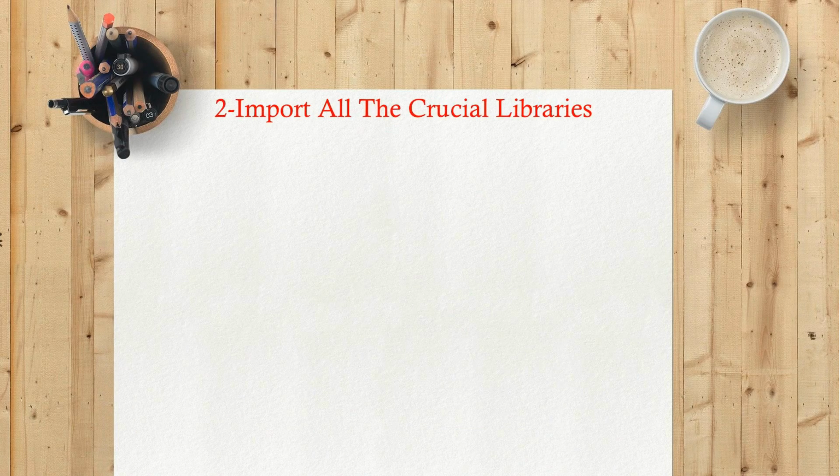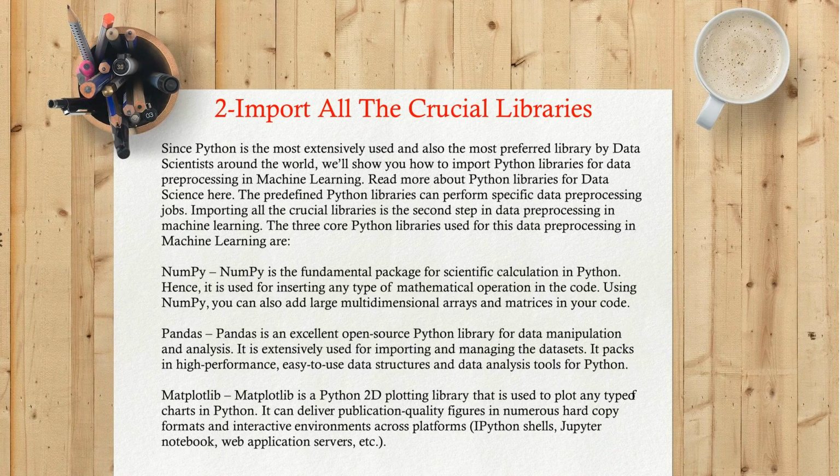2. Import all the crucial libraries. Since Python is the most extensively used, and also the most preferred language by data scientists around the world, we'll show you how to import Python libraries for data pre-processing in machine learning. Read more about Python libraries for data science here. The predefined Python libraries can perform specific data pre-processing jobs. Importing all the crucial libraries is the second step in data pre-processing in machine learning. The 3 core Python libraries used for this data pre-processing in machine learning are NumPy,